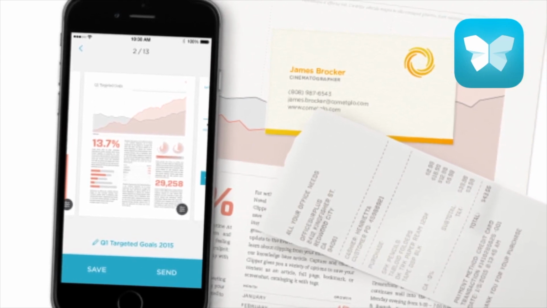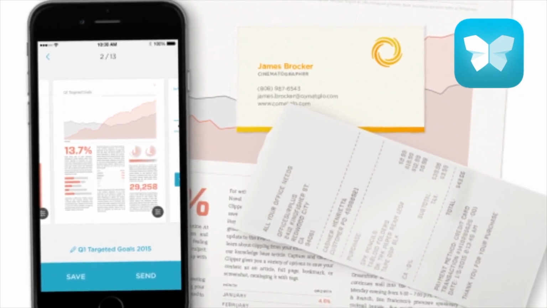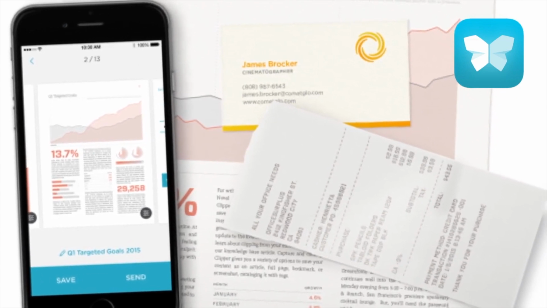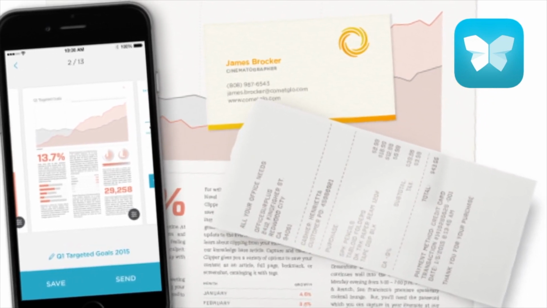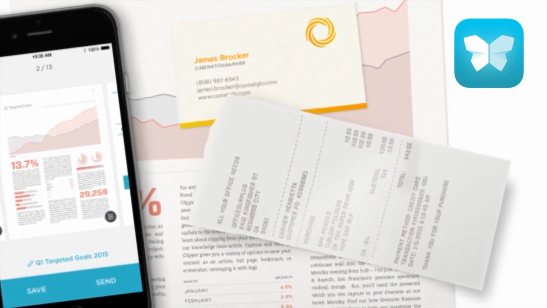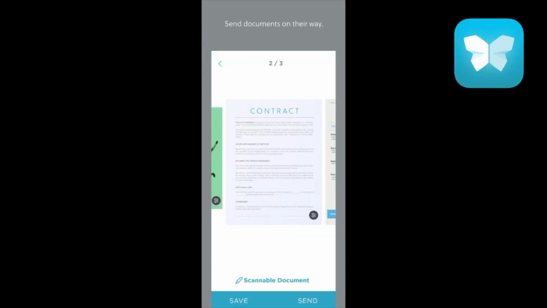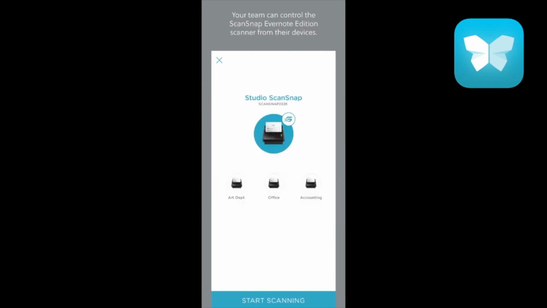And it not only scans it, but it has an excellent OCR feature, optical character recognition, which means that it recognizes and indexes all the text within the scanned image. So you might want to try that also, or if you don't want to download any other application like Scannable, just start using the Evernote app.